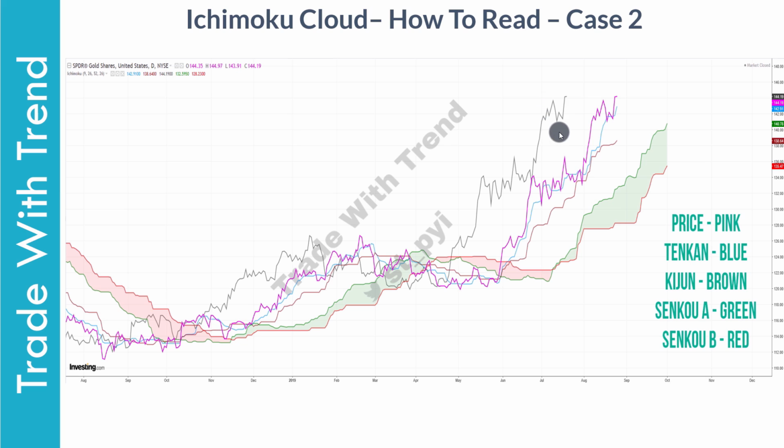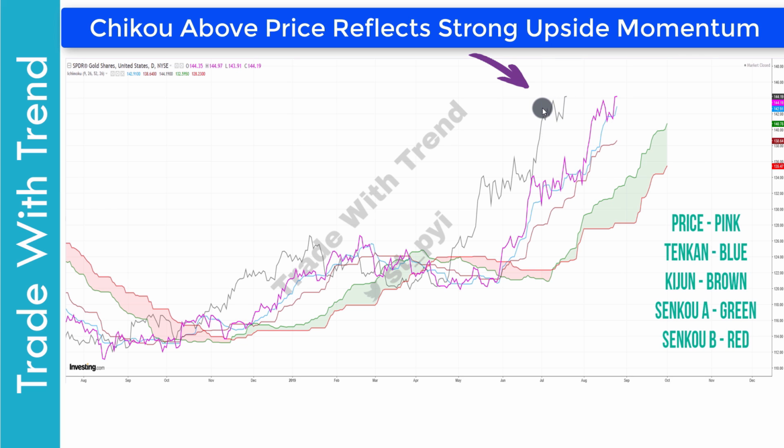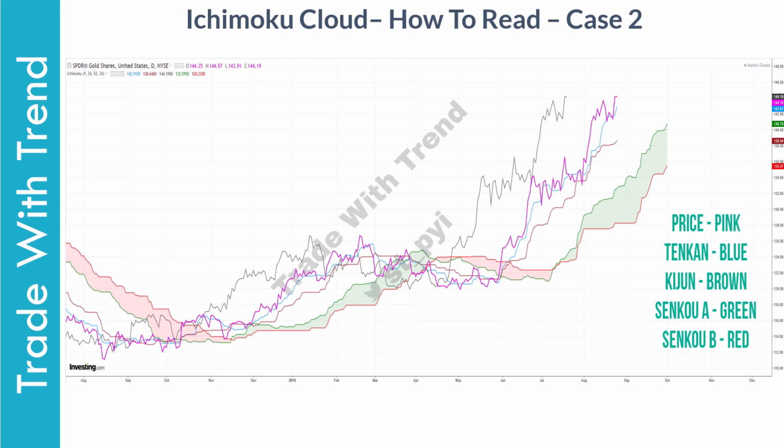Do take a note of Chikou as well. With it being above price, element of momentum is also clearly visible. If you spot such charts in the market, always pay attention to these as trend and momentum are both clearly visible. This is a classic case of buying on dips as trend bias is strongly on the upside.